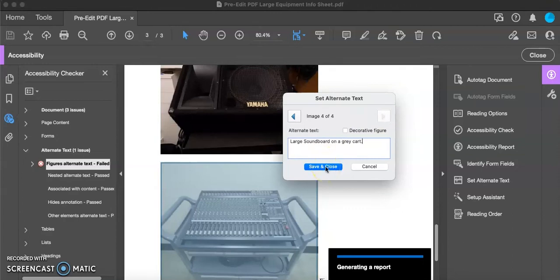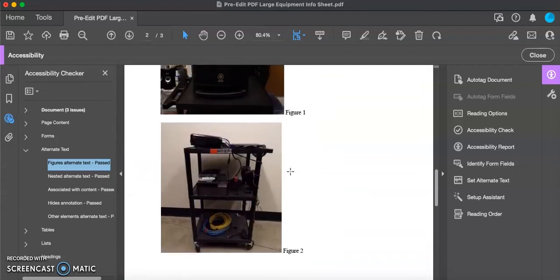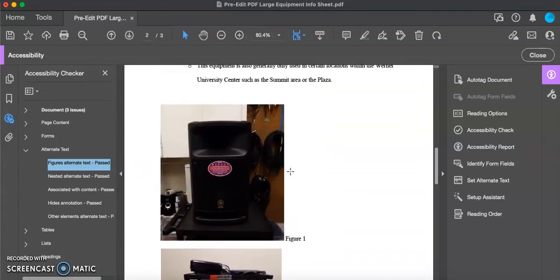Okay, so now once all of those are fixed, we're going to go ahead and click Save and Close. Now you can see on this side that the alternative text has changed to passed rather than failed. That means that all of our figures here now contain alternative text.